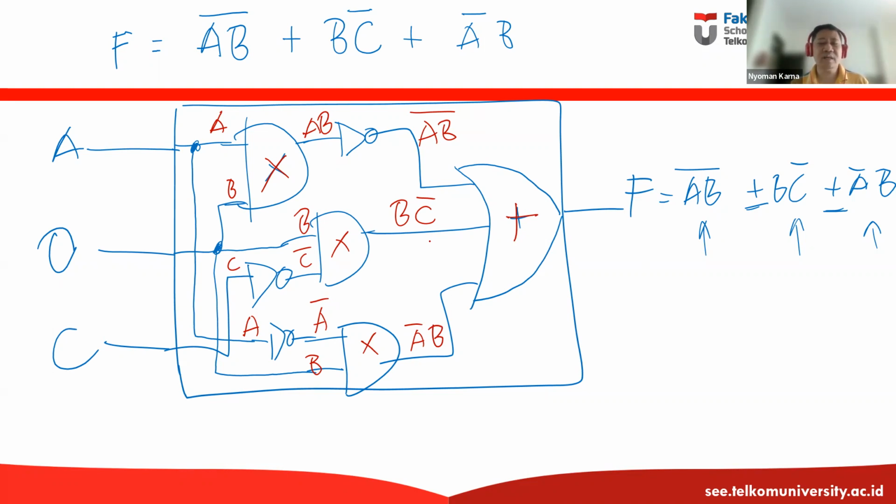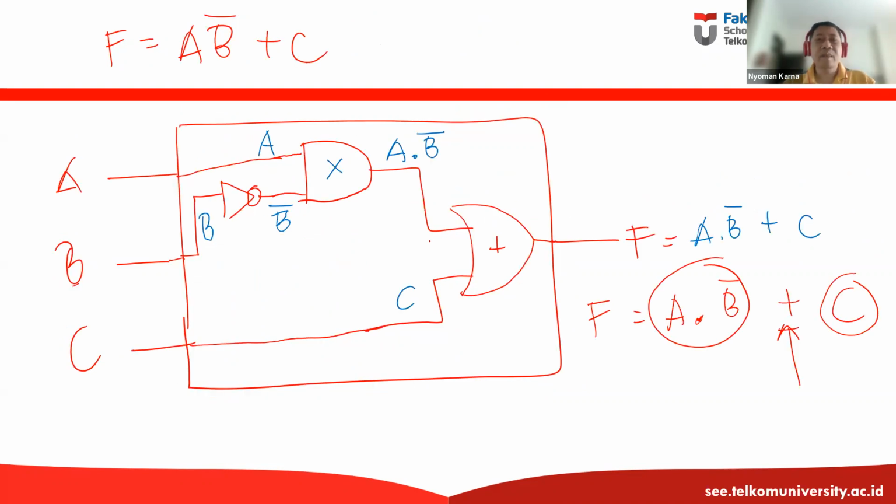Okay, this is the second example of how we do the design or synthesis approach. Now, as we can see in here, when we try to implement the circuit of function A, B naught plus C, we need one OR gate, one AND gate, and one inverter. Now, let's try to recreate this circuit in our Tinkercad.